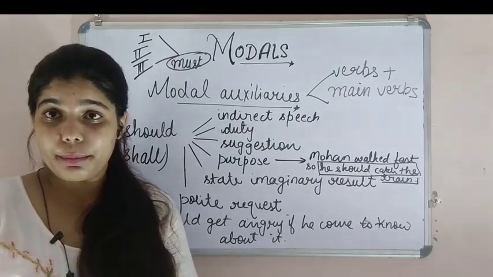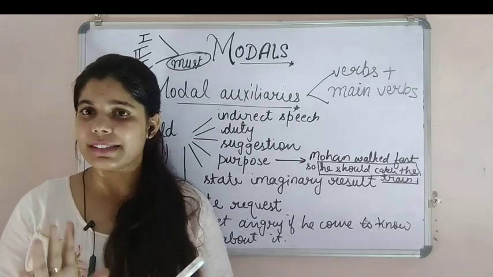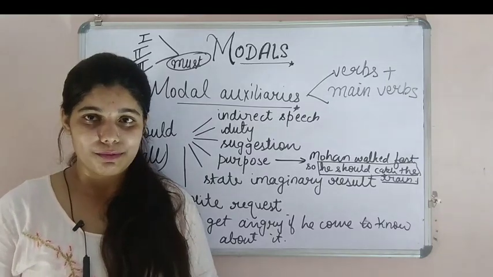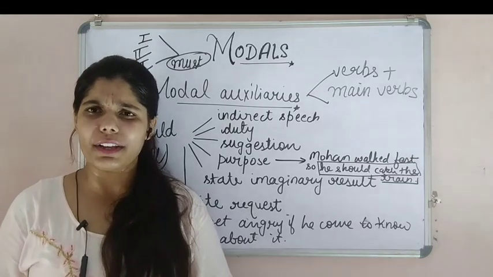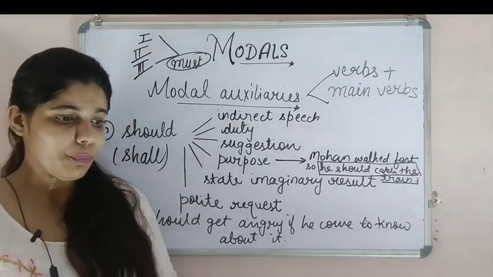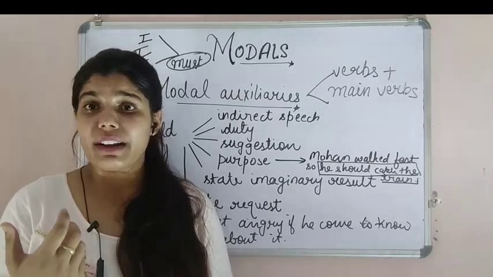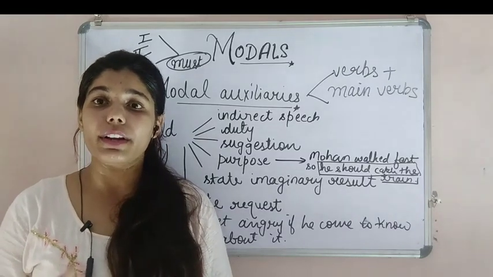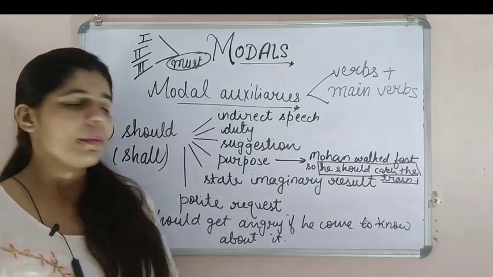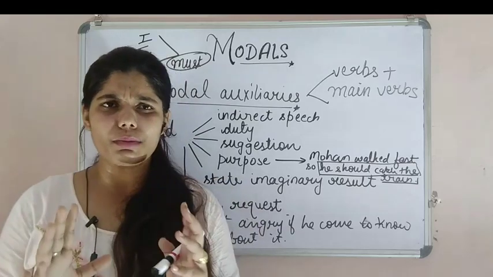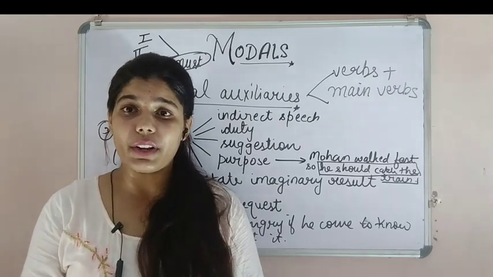Suppose you have an elder brother or sister, and firstly let me clear that the younger siblings are the most irritating elements of the family. This is what I personally believe. But let's take an example of an elder one. Suppose you have an elder brother or sister at your home, and by mistake, or I should say unfortunately, you broke an expensive or most lovable article of his or hers. You will be very much able to imagine what the result will be when he or she comes to know.